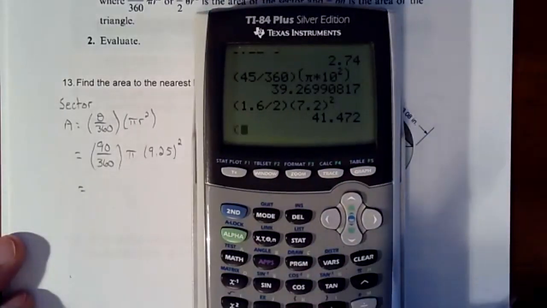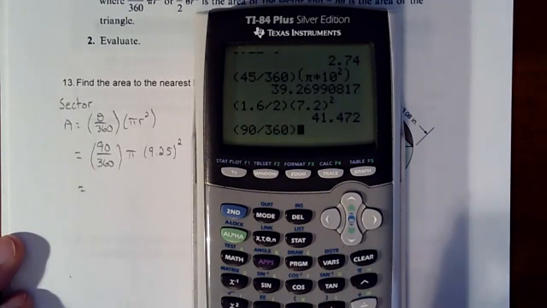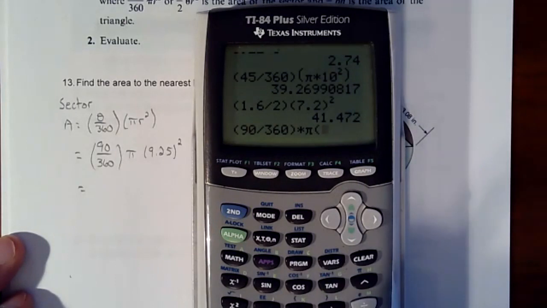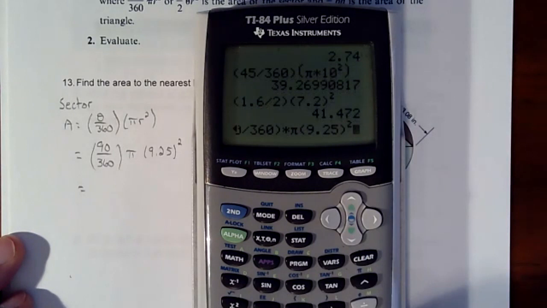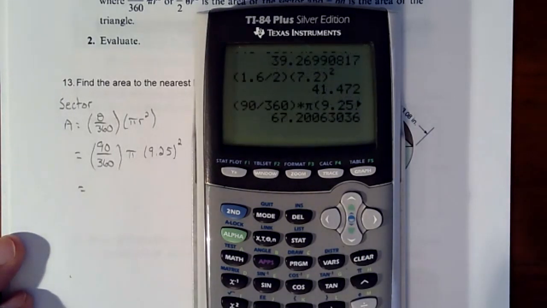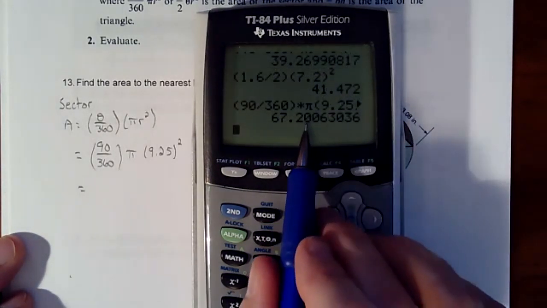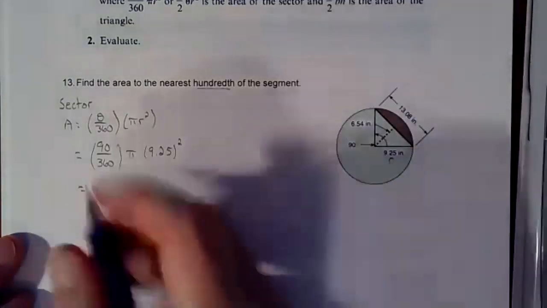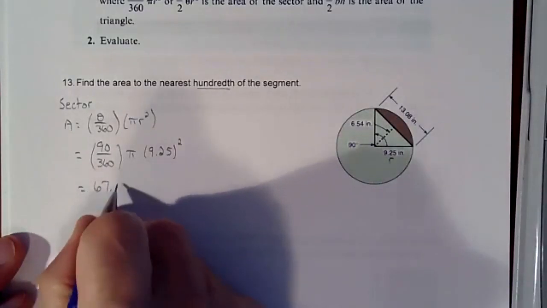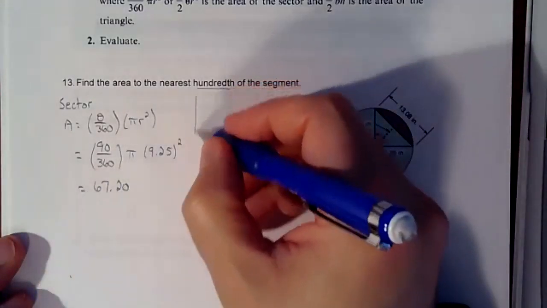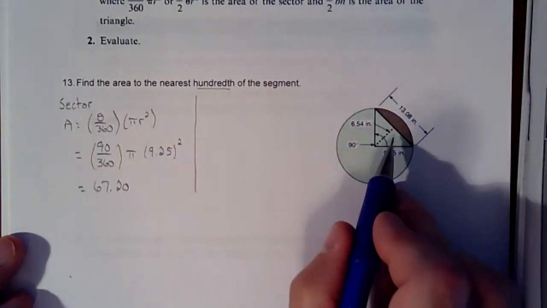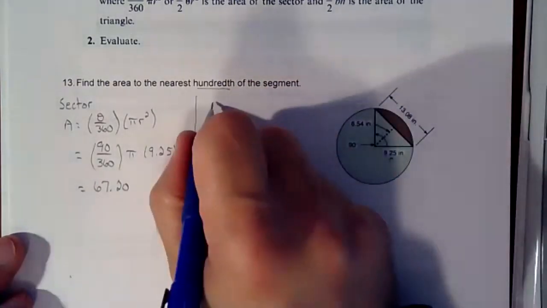So let's see, we have 90 divided by 360 times pi, and then the radius squared, 9.25 squared. I'm going to go to 2 decimal places, even though it's a 0, so 67.20. Okay, so that's the bigger section, right? That's the whole thing. It's 67.2. The triangle